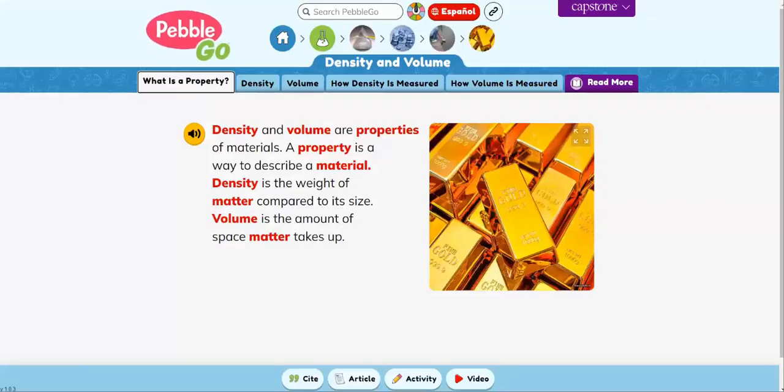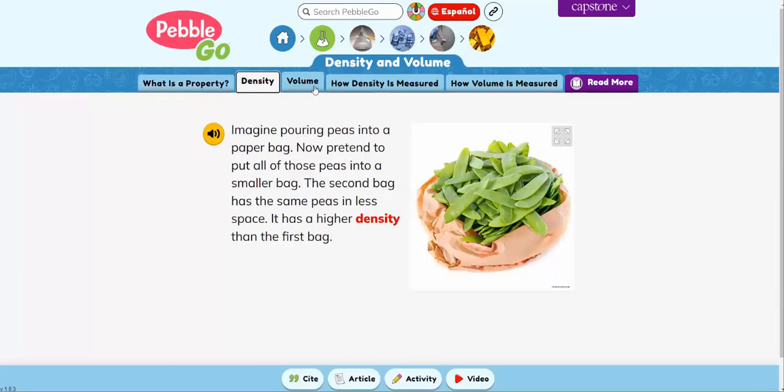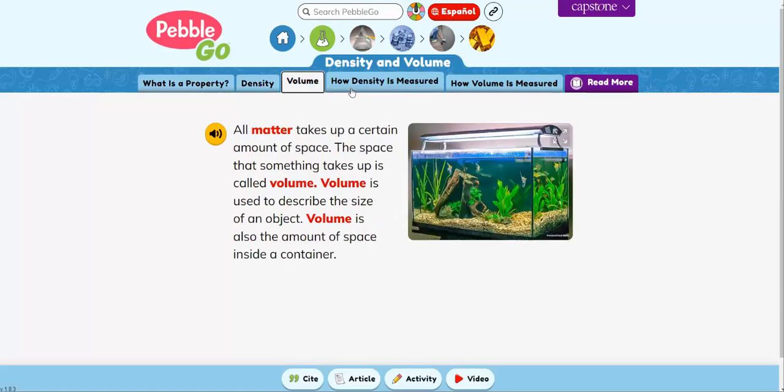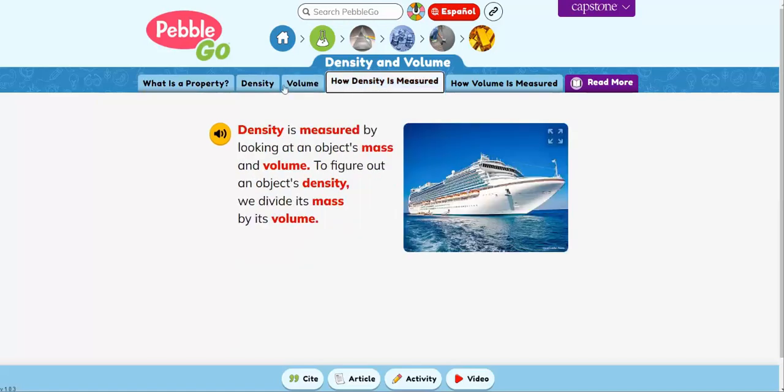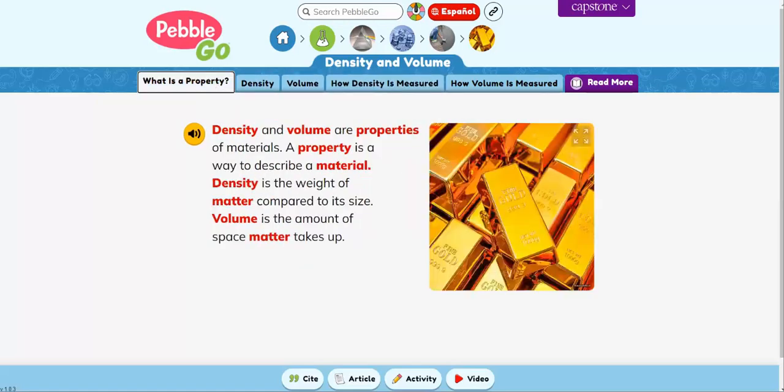Pebble Go is a curricular content hub specifically designed for kindergarten through second grade students. Each Pebble Go article includes consistent 5-tab navigation, making it simple to use for even the youngest learners. Pebble Go articles also include a natural voice audio that helps students who need additional reading support in fluency, word